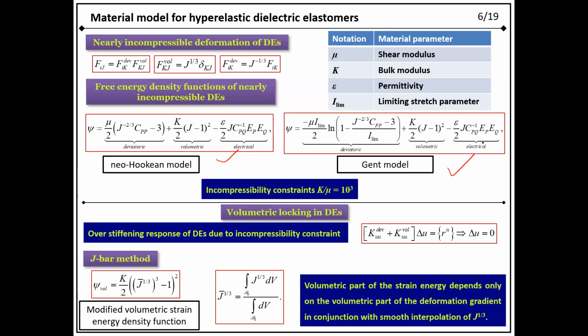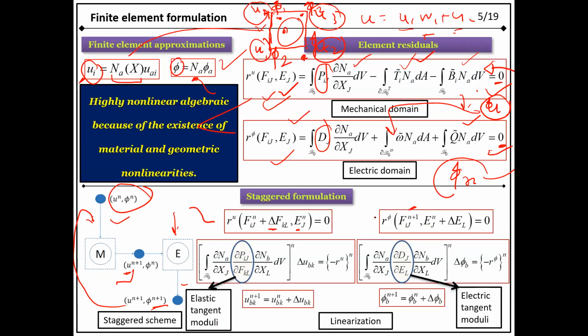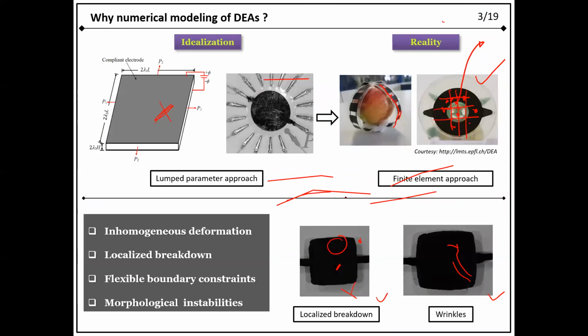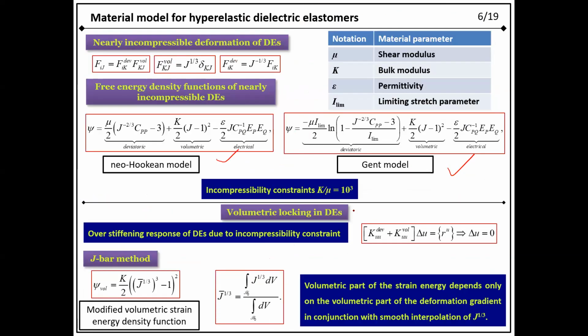So how can we enforce the incompressibility constraint? In the analytical model, for the homogeneous case it was easy, because we know that the multiplication of lambda 1, lambda 2, lambda 3 is 1. But in the numerical case, how can we enforce that condition of volume preserving? For that, we generally utilize the penalty method. We cannot exactly model incompressibility numerically. Why? I will tell you why, because